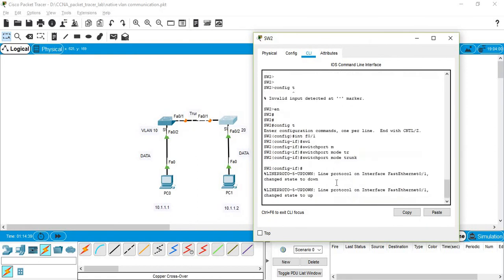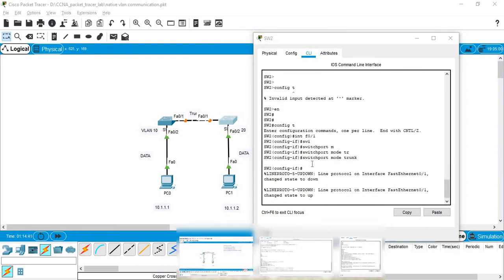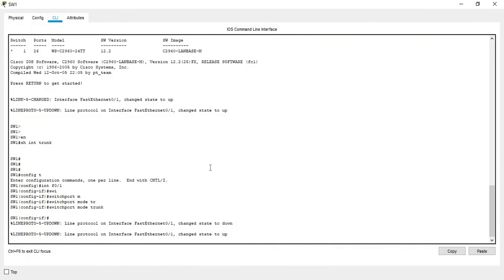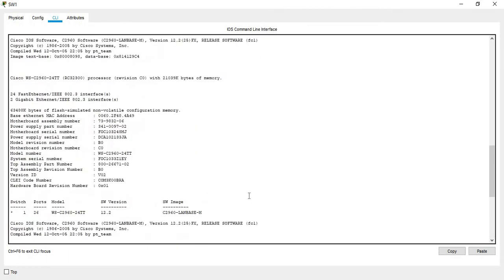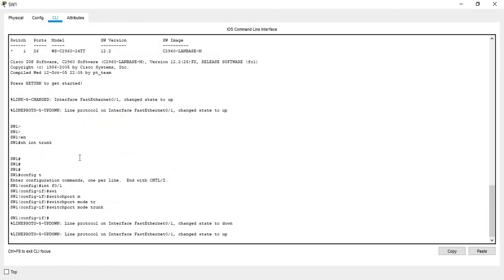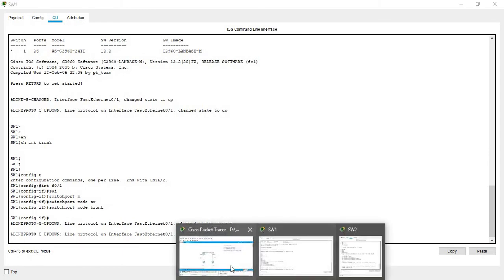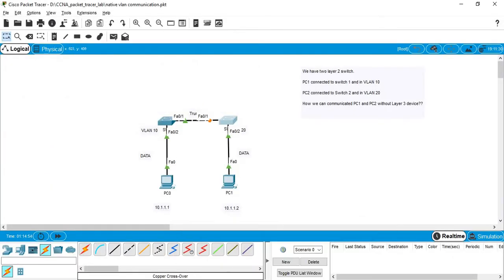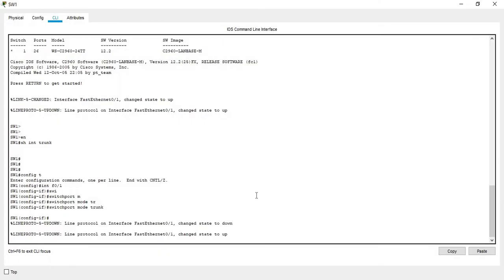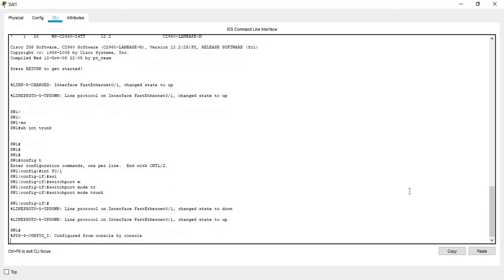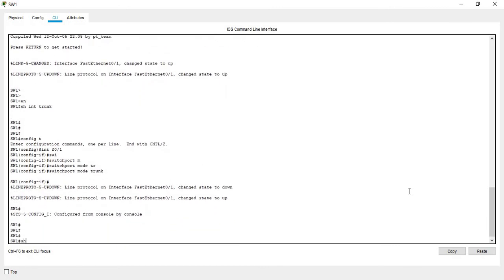Okay, both ports, let them come up. Okay, one port is up on one side. Show interface trunk.